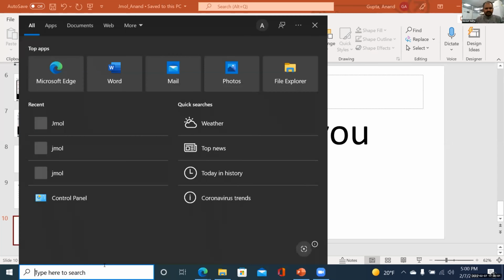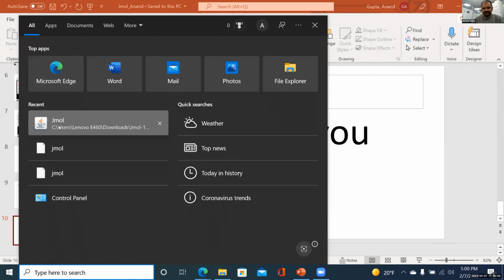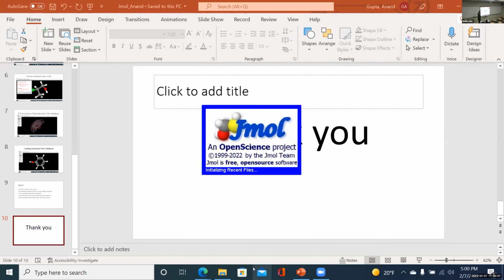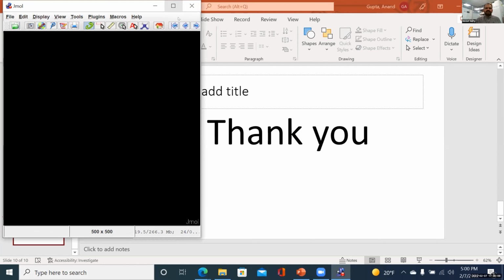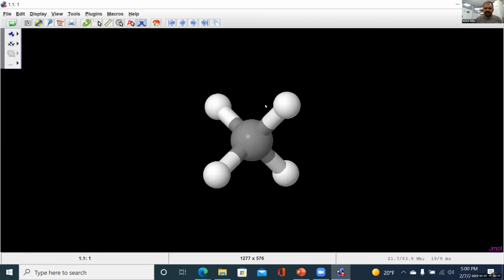Okay, so my screen is visible? Yes. Okay, so again, I'm opening it directly. These are the different menus. Open the model kit. I will go directly to the model kit. It will give the structure of methane.